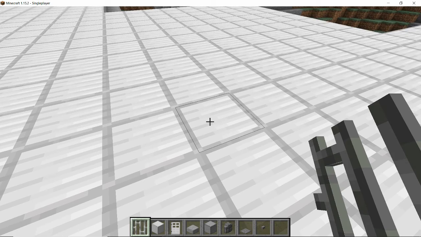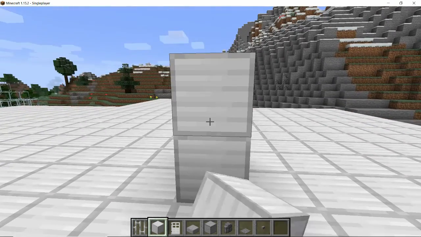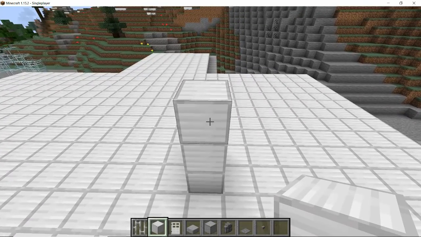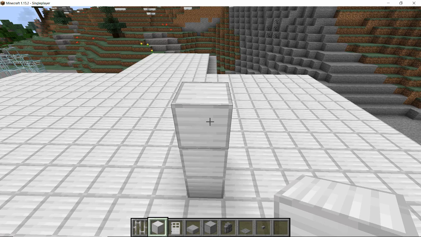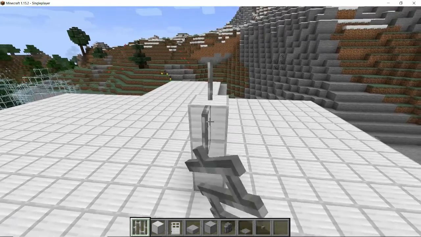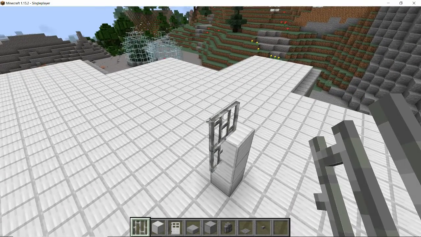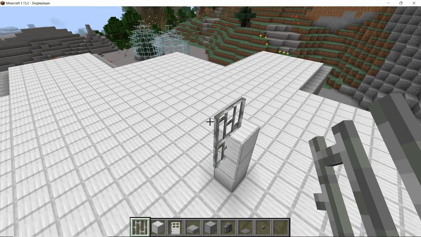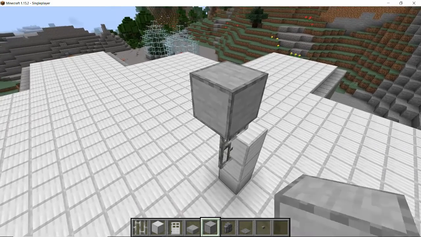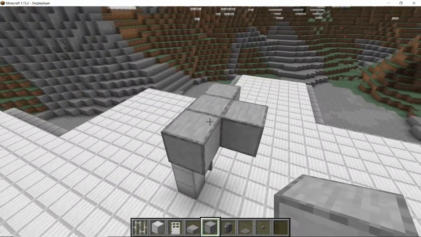So I was thinking we could have, like, I'm not quite sure how to do this actually. So if we come 3 tall with blocks of iron, and then we can use some of the iron bars, I think we'll try and make like a satellite dish, so you could think it's for communication. So I think what we would want is a little bit of a base area